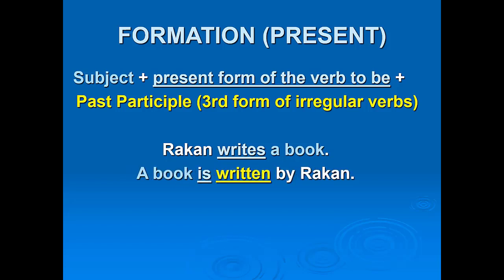Here in the first example, you have this sentence: Rakan writes a book. To change a sentence, you start with the object. So a book is written by Rakan. Of course, because the sentence is present simple, I used is or are depending on the subject,